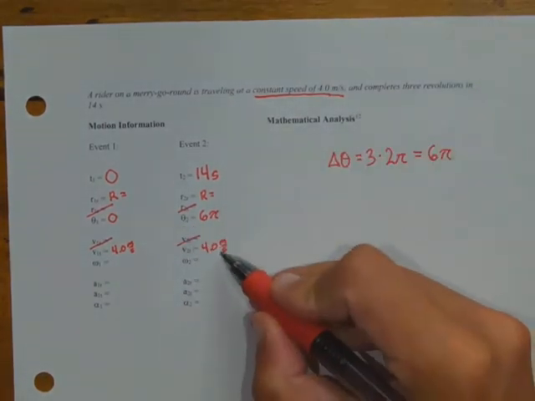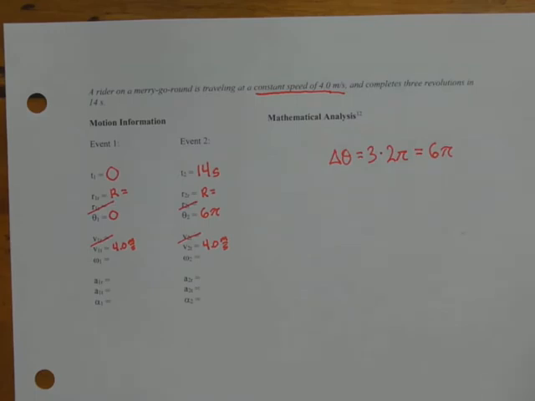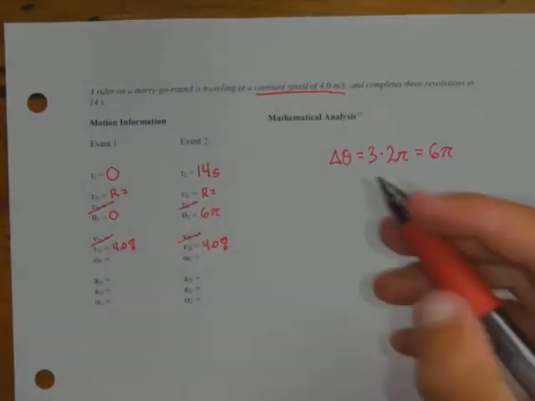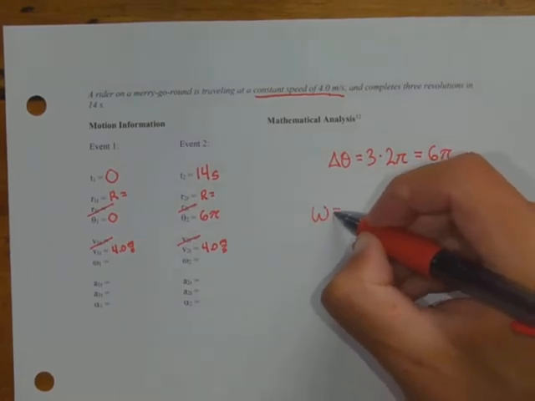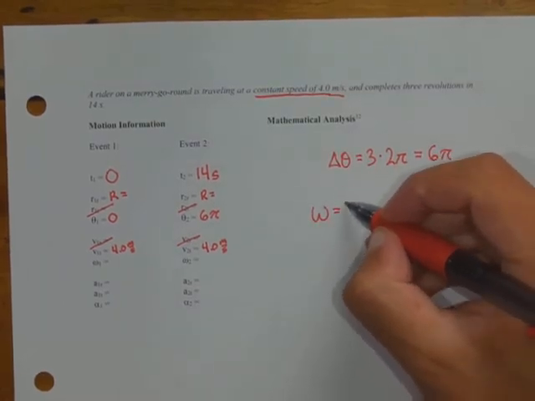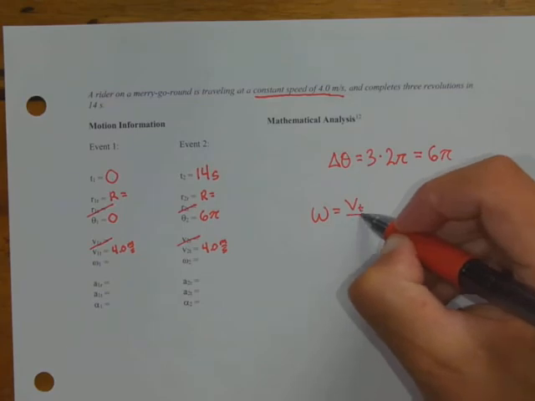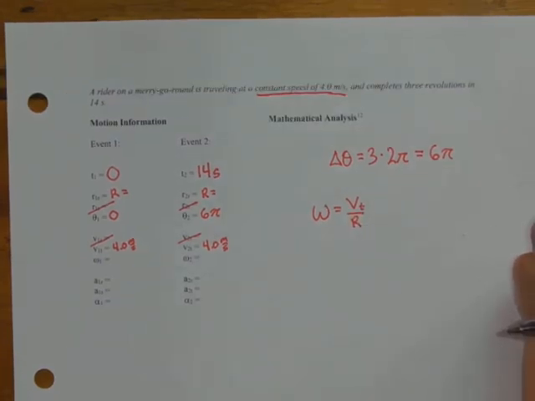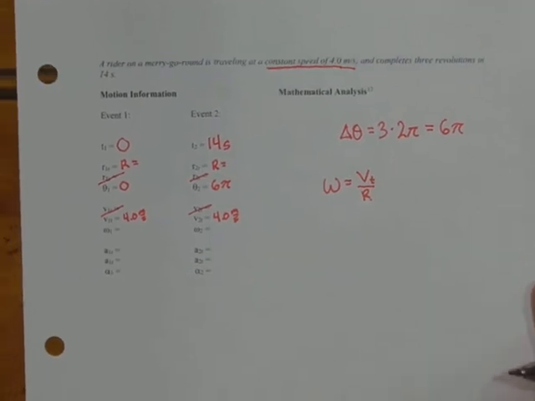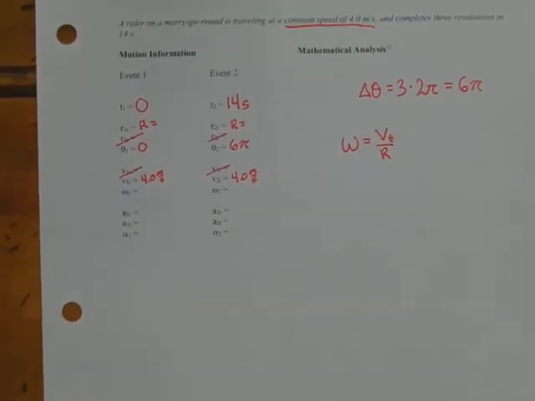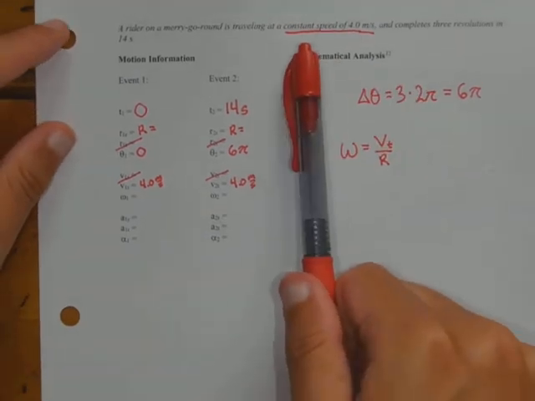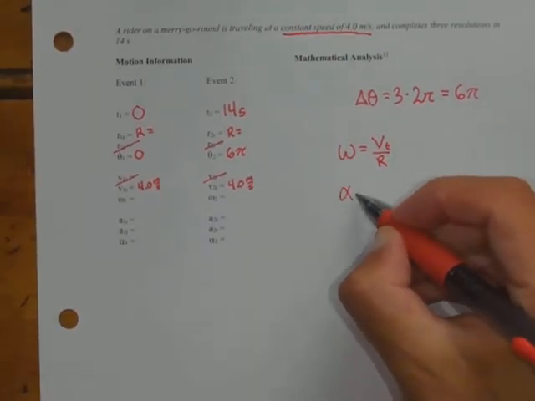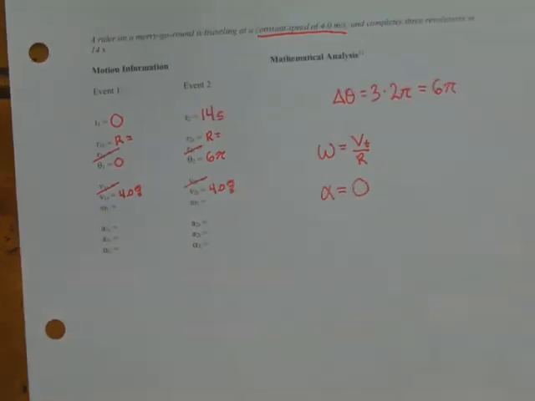If I know the tangential speed, I can find the angular speed because the tangential speed is equal to r times omega, so omega is equal to the tangential speed divided by r. But I still don't know what r is, so I can't really do anything with that yet. And then I have a constant speed. If I have a constant speed, the angular acceleration is equal to